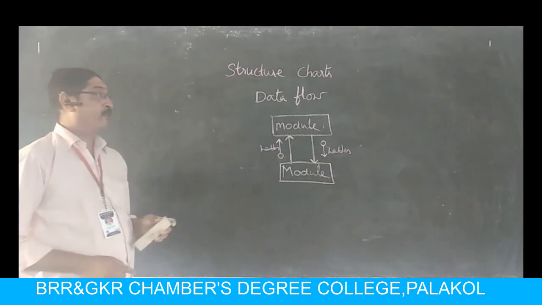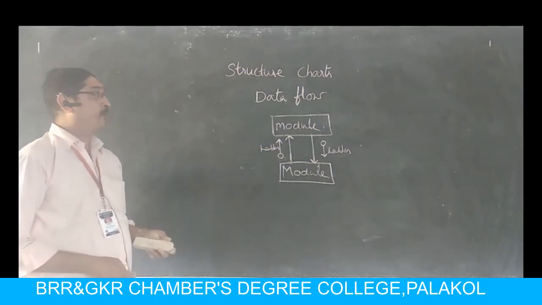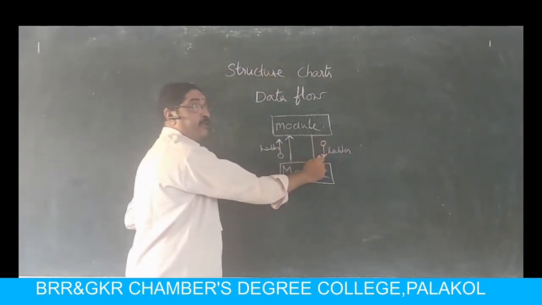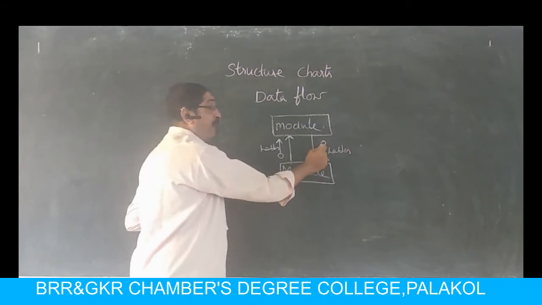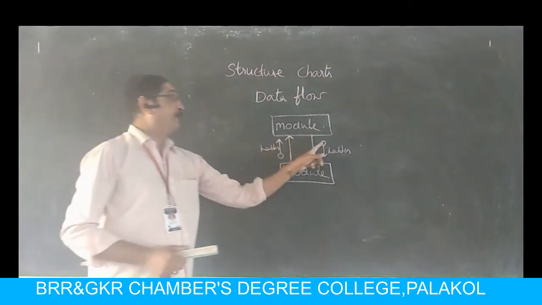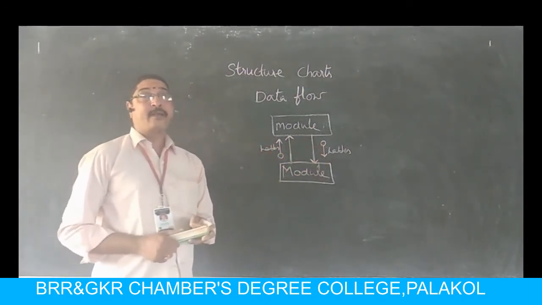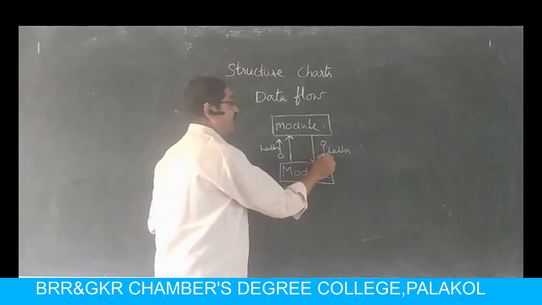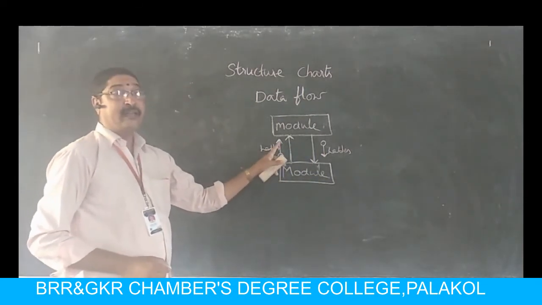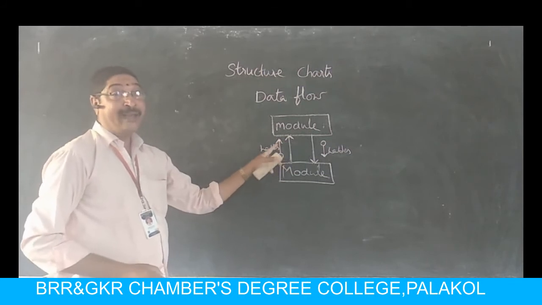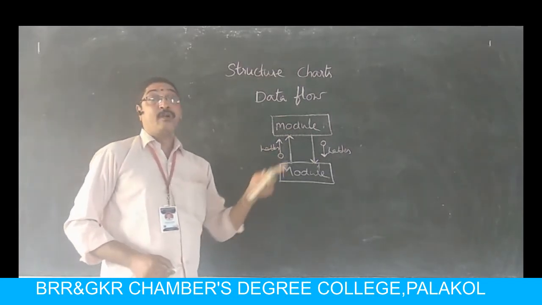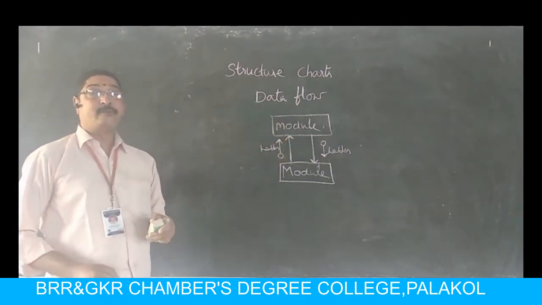Please study this diagram. Here we have two modules. In this, data flow is explained with the help of these directed arrows, and at the other side with empty circles. Here I used empty circles with directed arrows. Directed arrows means I mentioned the direction with the help of the arrowhead. Here also I mentioned the direction with the help of the arrowhead, and on the other side I used empty circles. This shows the data flow, from which module data flows to which module.